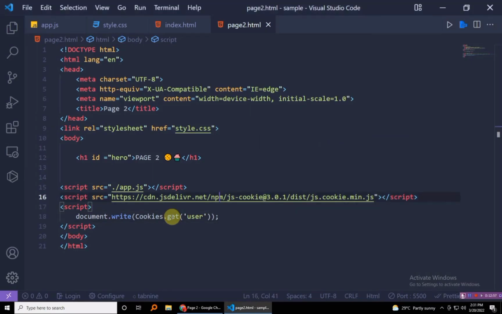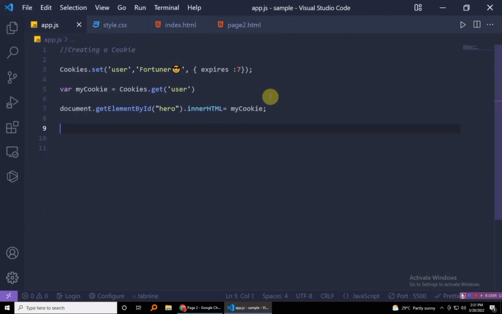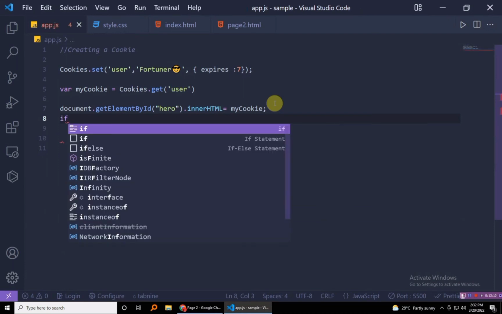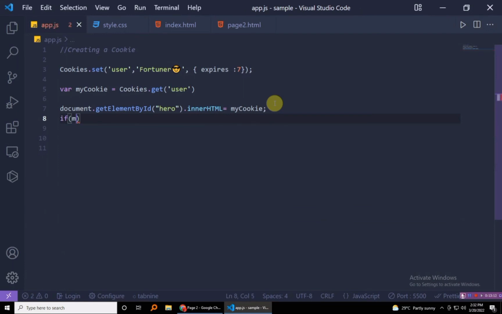Now let me show you something, a bit more of what you can do with cookies. So what I want to do here is an if statement. So I'm just going to say if my cookie is equals to Fortuna. Okay, now that's how you fail JavaScript. What am I doing? Okay, so if the cookie equals to Fortuna, what I want to do is